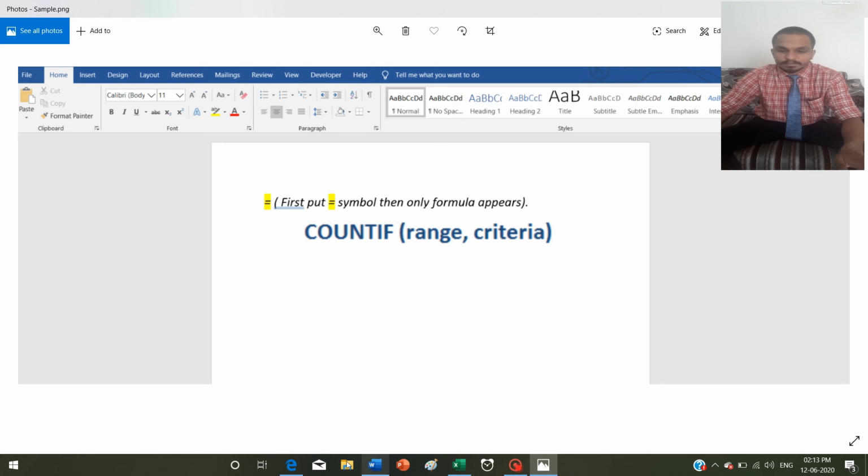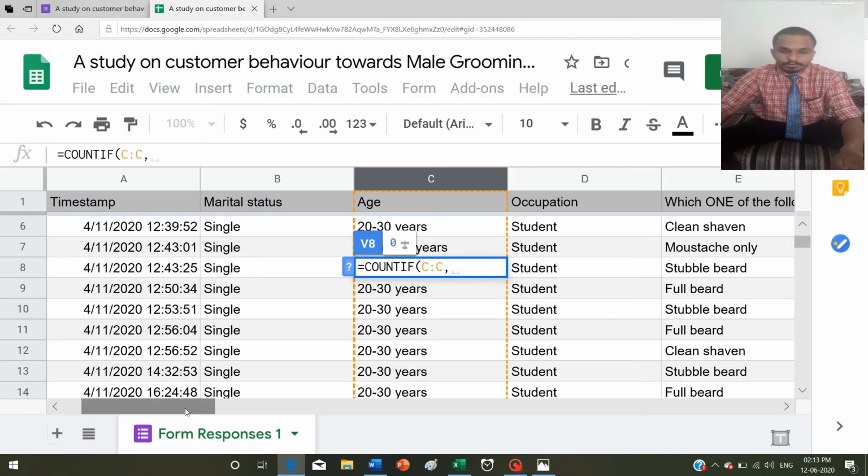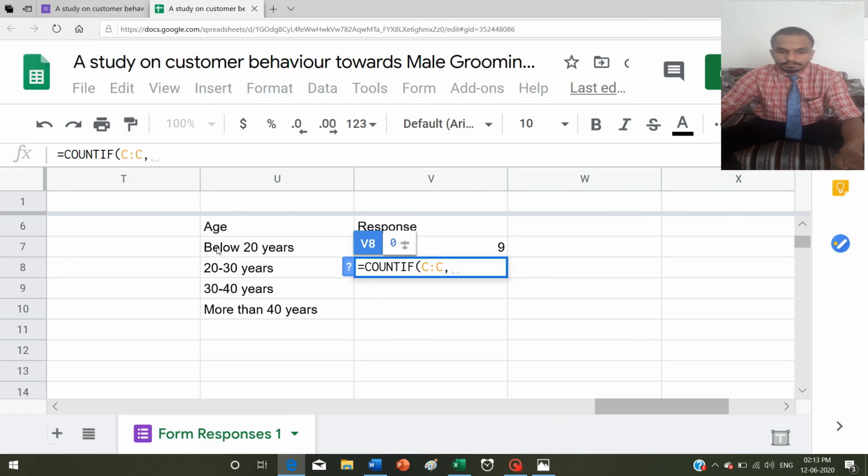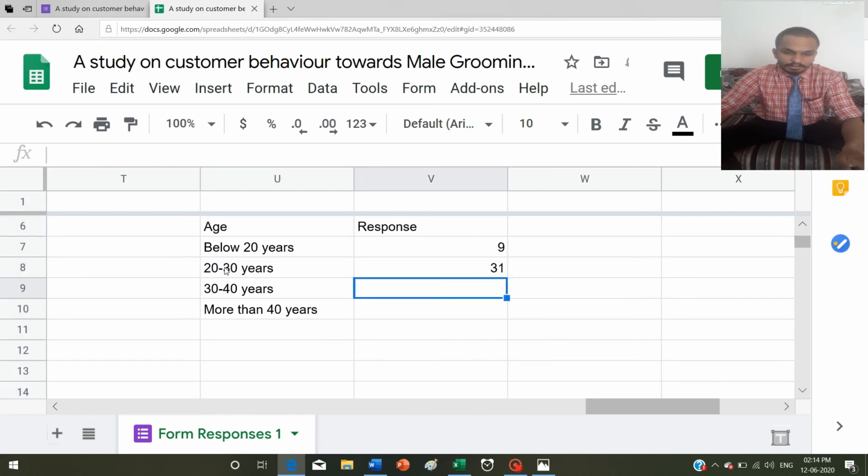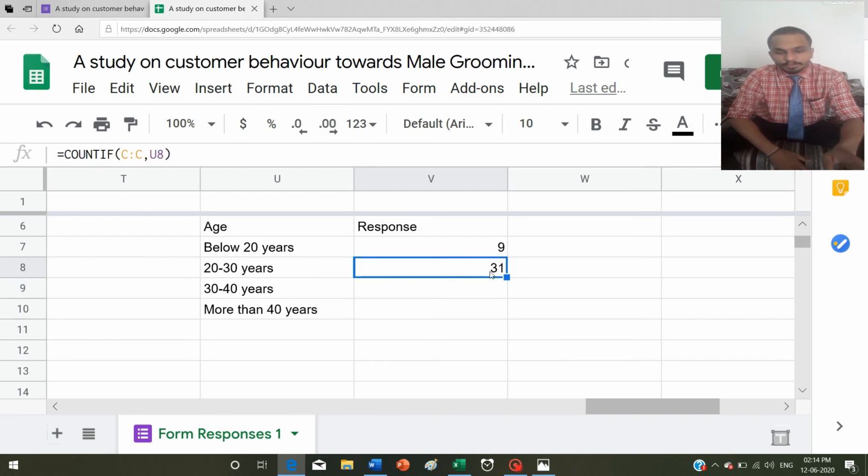Okay, range I selected, then comma, then I need the criteria. I need the responses of people who have ages of 20 to 30 years. I have selected this one, then I will press enter. It shows me 31. It shows me 31 responses had ages of 20 to 30 years.